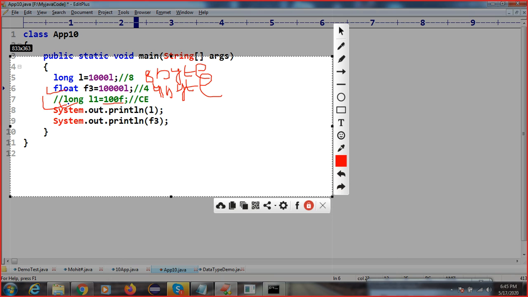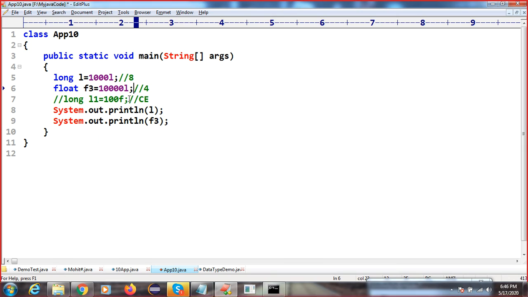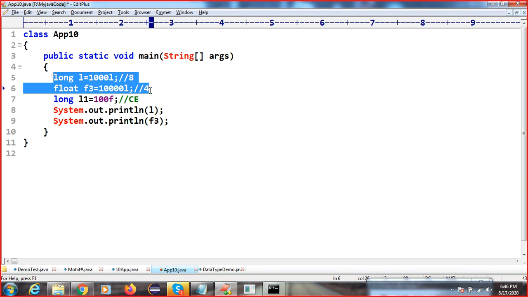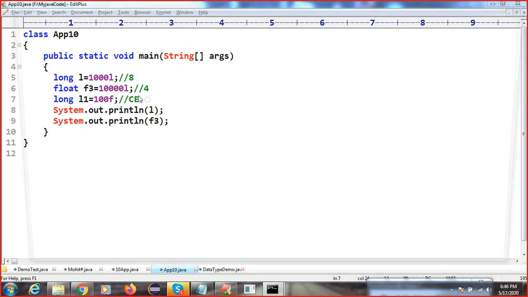This is your exception. As we have seen with byte, when we store 2 bytes in 1 byte, we get a compile time error because the memory is less and you are storing more. But here it is the vice versa: in less memory I am able to store more value. Here we have 8 bytes but we are not able to store a float value. So this is the exception, and why it happens I will give you in the notes. This is completely vice versa for long and float.